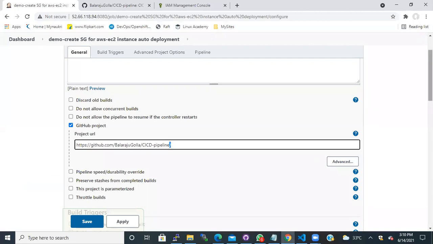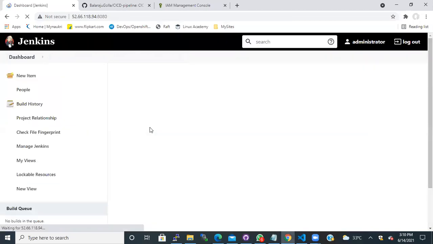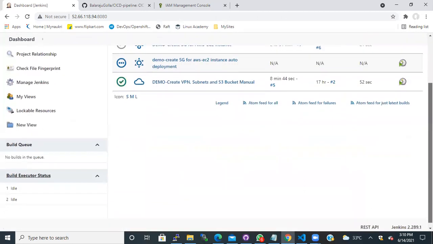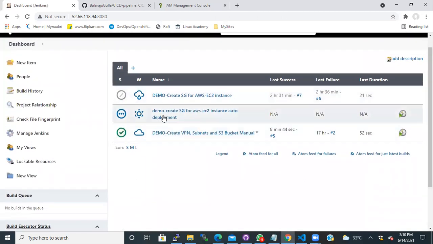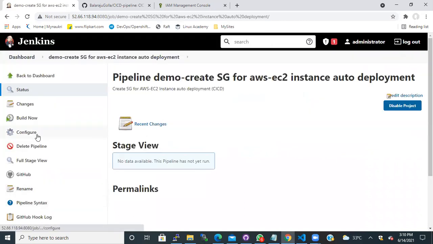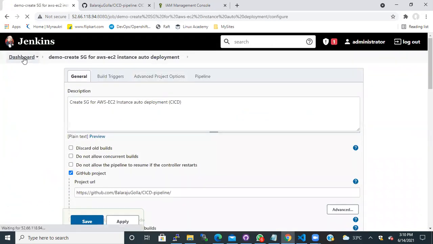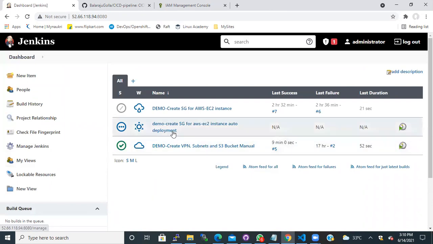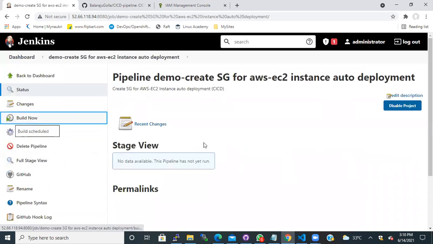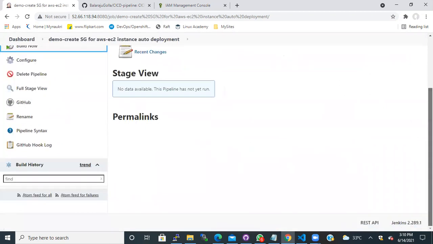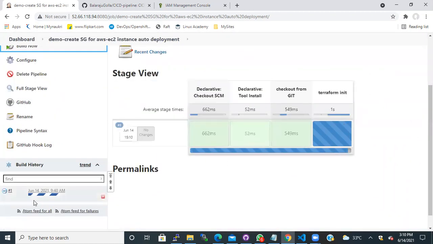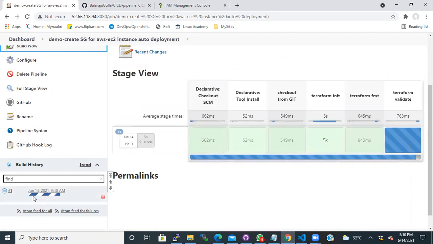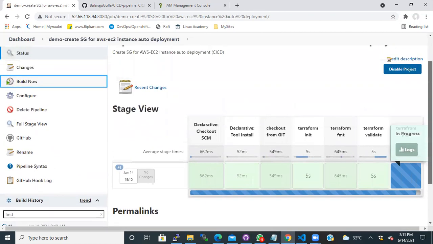Let me come here. Oh, something is broken for this one. Configure. Click here, build now. So manually it's happening. I did it manually, I clicked on build now.